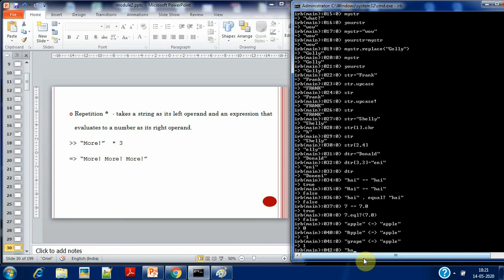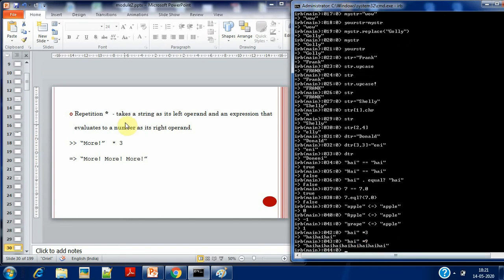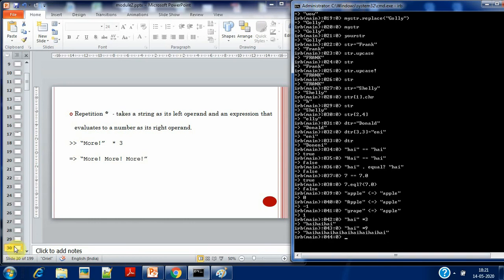So I will write "hi", okay, and I'll give a space, I'll give * 3. So you can see hi has been repeated 3 times. However many times you tell it, that many times it will repeat. Okay, so this is your repetition method.